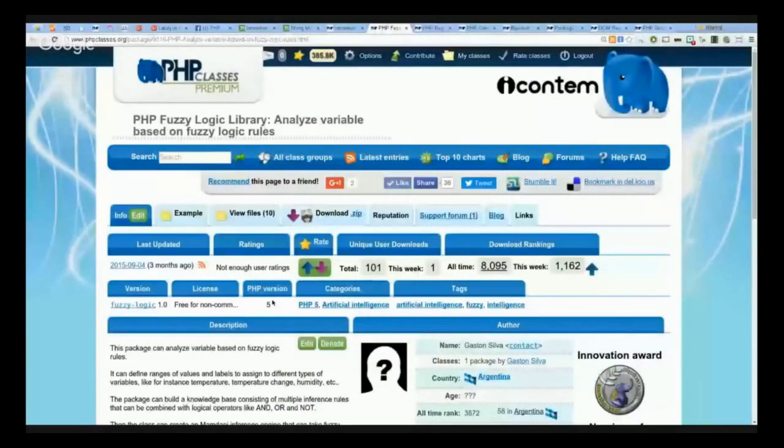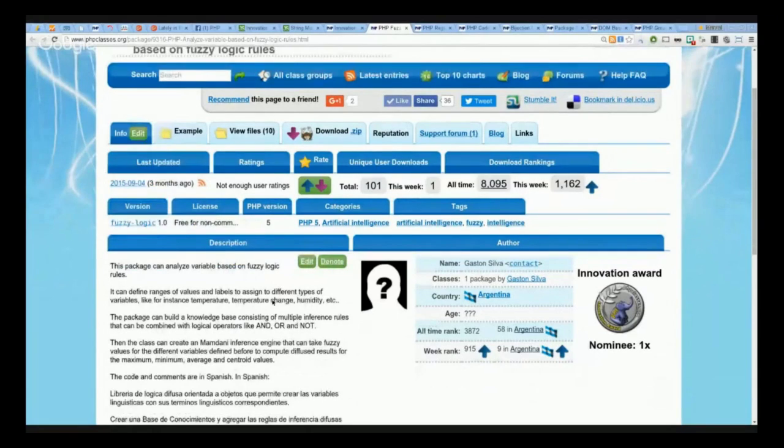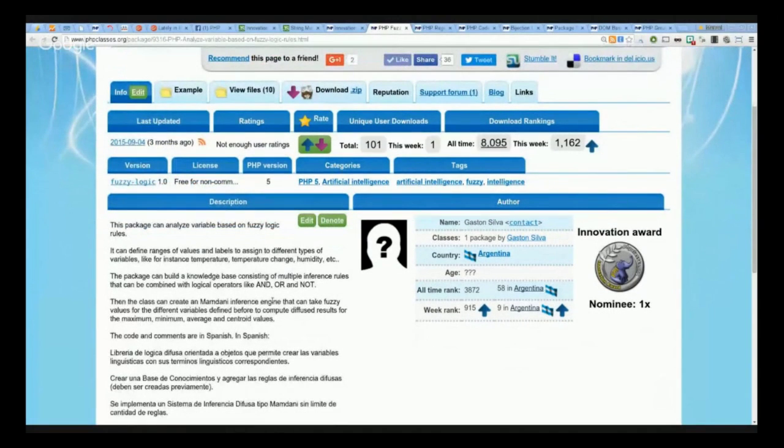Yeah, well, on my part, I also want to comment that the remaining classes, starting precisely with PHP FuzzyLogic, which is yet another non-trivial class that was developed, in this case, by Gaston da Silva from Argentina. Basically, it allows you to implement some fuzzy logic in your applications that depend on rules that are not so